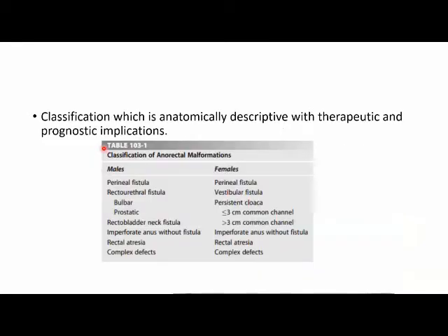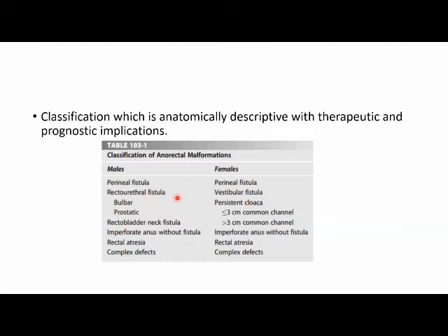So, this is a simpler classification, which is based on Pena's classification. Along with that, he explained which cases required colostomy and which cases didn't require colostomy, where we can go for a primary pull-through. I'll come into the details of each